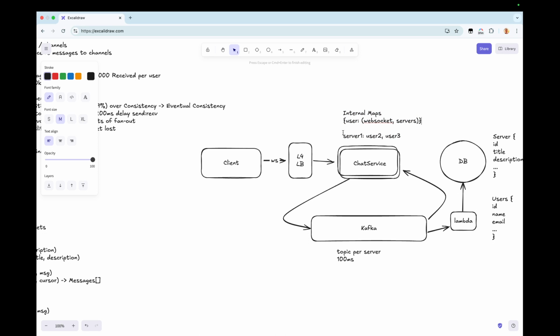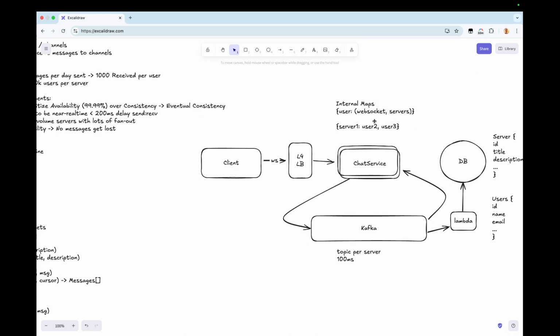And then maybe I have another map that's my server and then the users that are connected to that particular server. Then when a user connects, I can say, hey, I actually have a user connected to this particular server, and so I want to start consuming messages from this Kafka topic.